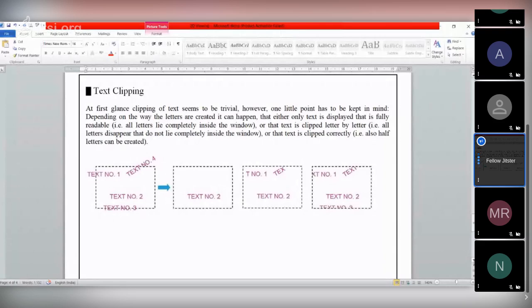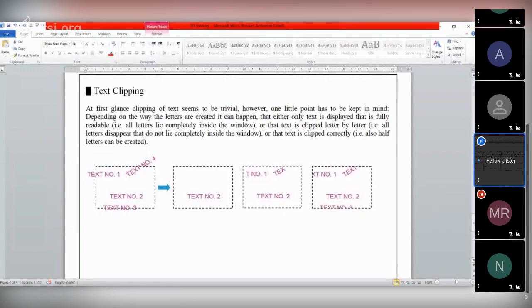The third is text clipping. So there are three types of text clipping: number one, all or none string clipping; number two, all or none character clipping; and number three, text clipping.